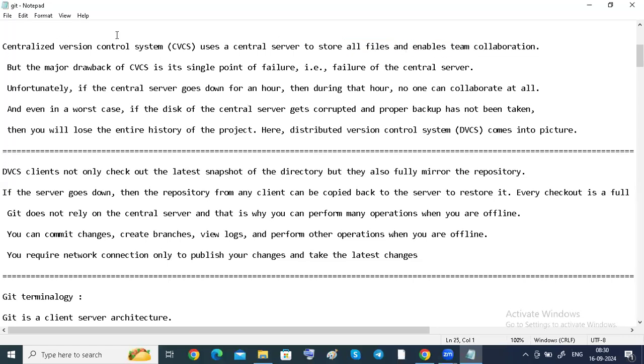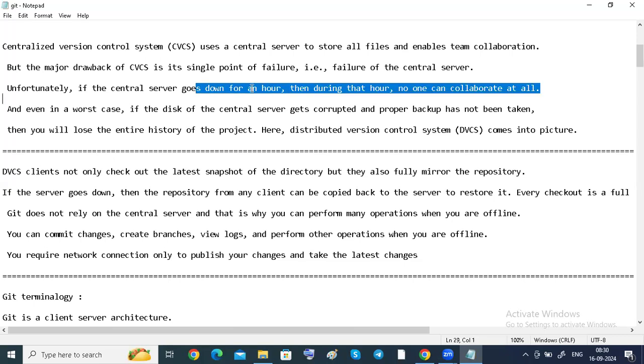But the major drawback, as I just told you, is whenever that central repository fails, through a hang or disk failure issue. Here I wrote the same thing. Unfortunately, if the central server goes down, then all the other collaborating teams will be left empty. They have nothing to work on because they already shared all the data to the central server.